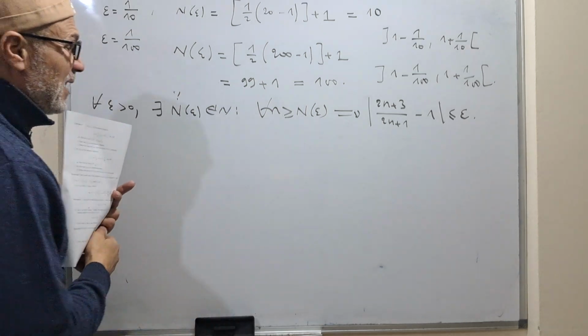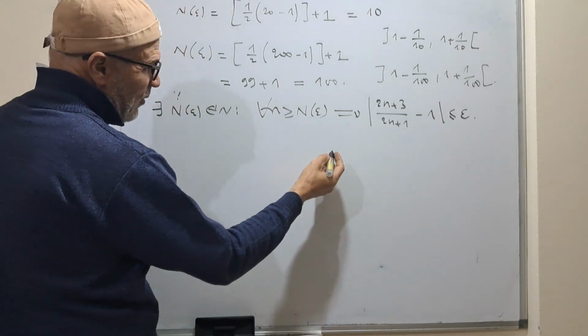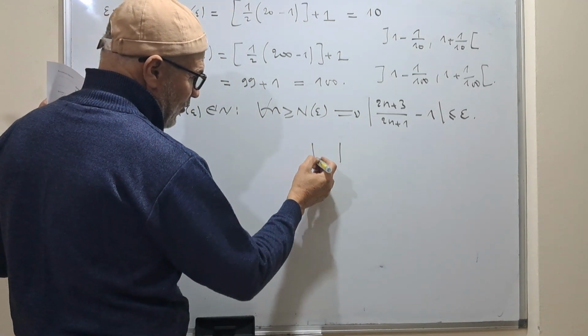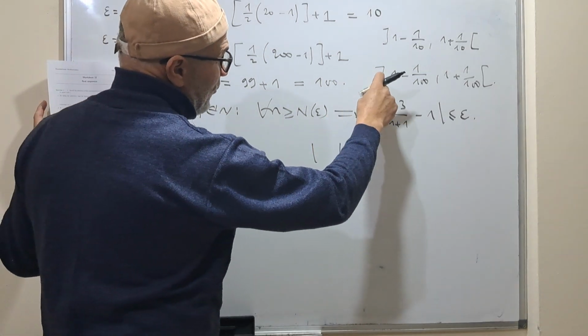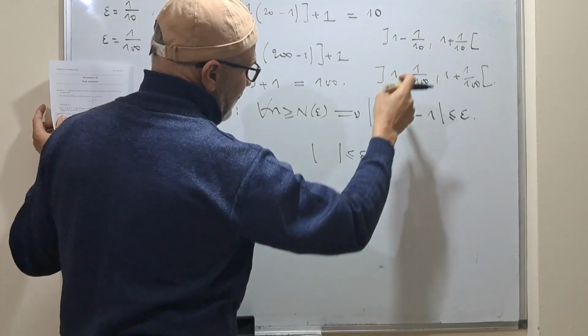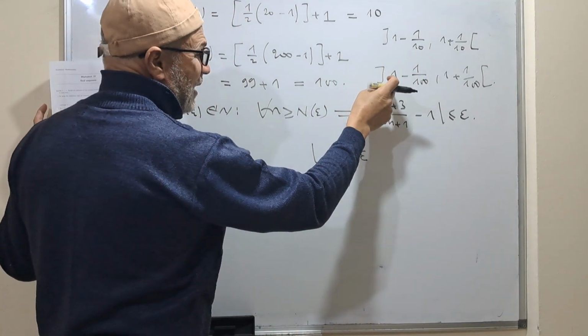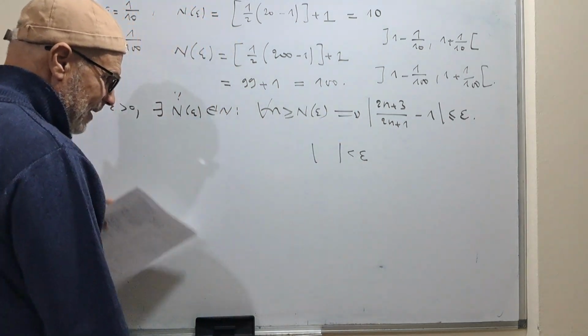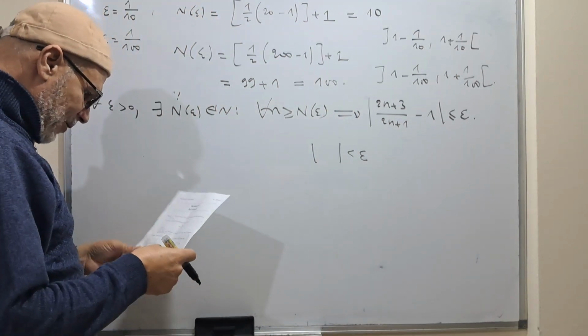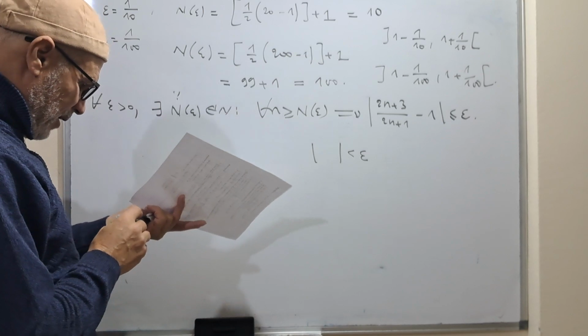As I took in the inequality less than or equal to epsilon, here we can close the interval. If we want to take the open interval, we take here strictly less than epsilon. The second exercise,